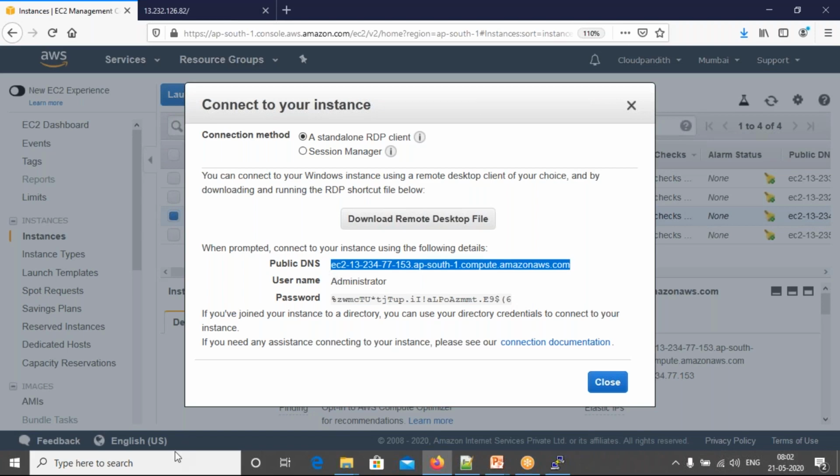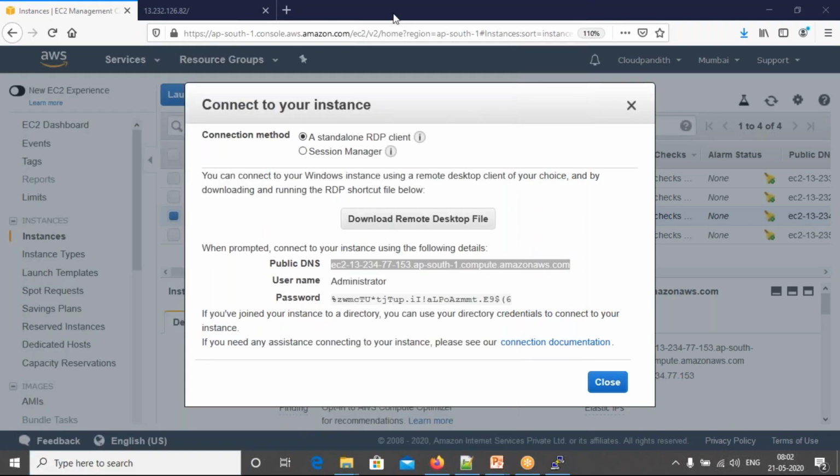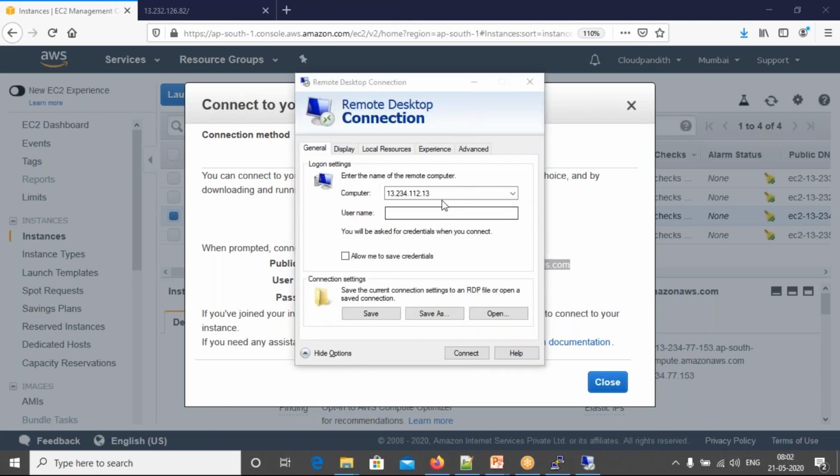You have to take this, open your remote desktop, click on this. Okay, see here, you need to put your computer name, that is the DNS name.